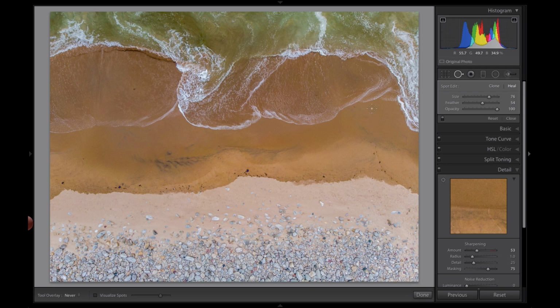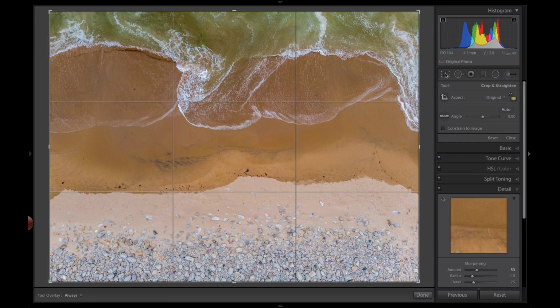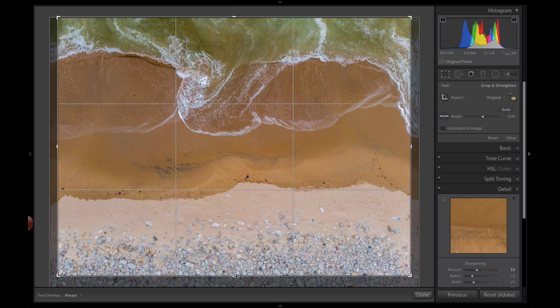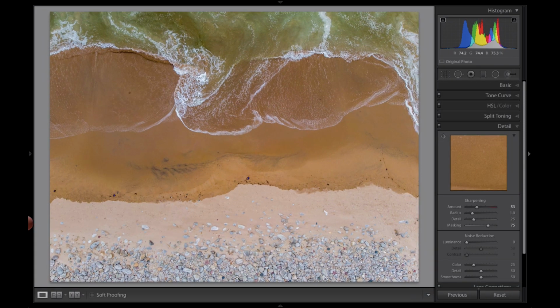So what other things would you want to consider with these? Well, I've deliberately gone for kind of a rule of thirds in this, but it may be a little bit chunky on the sides. So if I go in here to edit, I can actually check the lines. See that I could probably push that up a little bit. So I'm just going to hold down the shift key to retain what we have there, just to tighten that up a little bit,